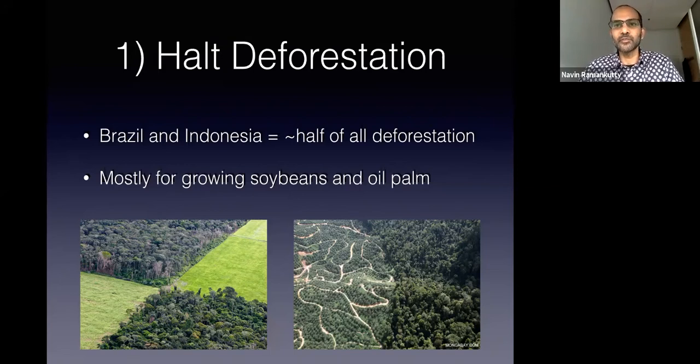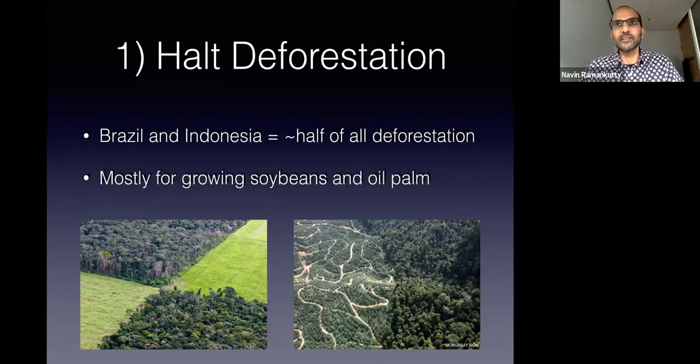Oil palm is found in a whole bunch of other things. I don't think any of us directly eat oil palm. But oil palm goes to make biodiesel, which is used in cars in some places instead of fossil fuels. That's actually a good thing in some ways because we are not using fossil fuel oils, but we are cutting down forests to grow this oil palm. Oil palm is also used in many industrial products. It's also used in chocolate and many other products. So do we really need to cut down our forests to grow these things, or can we find other ways to get the resources that we need?